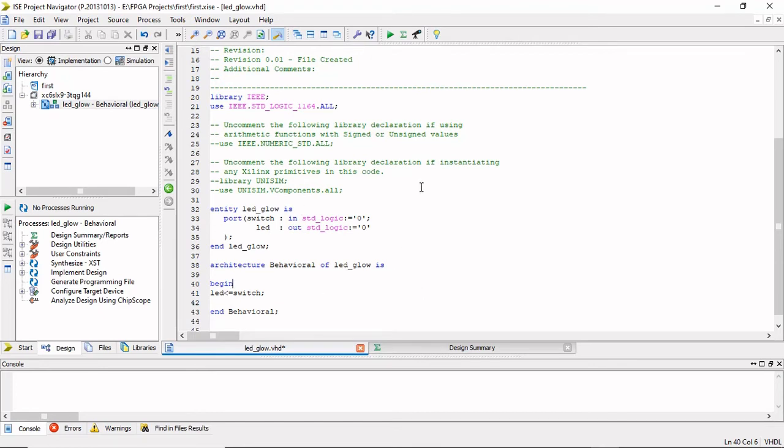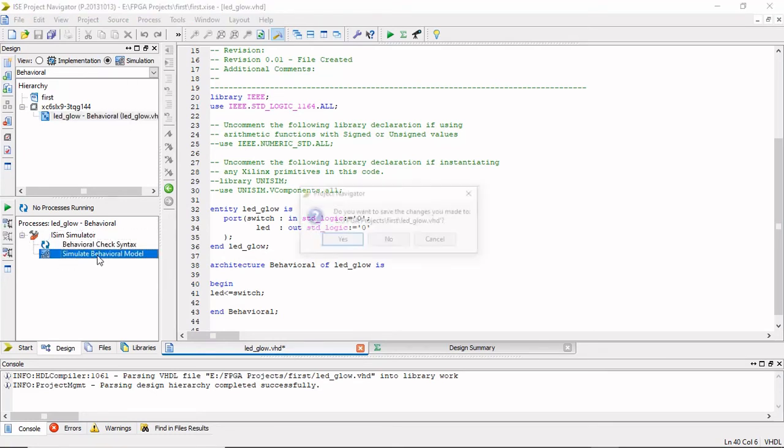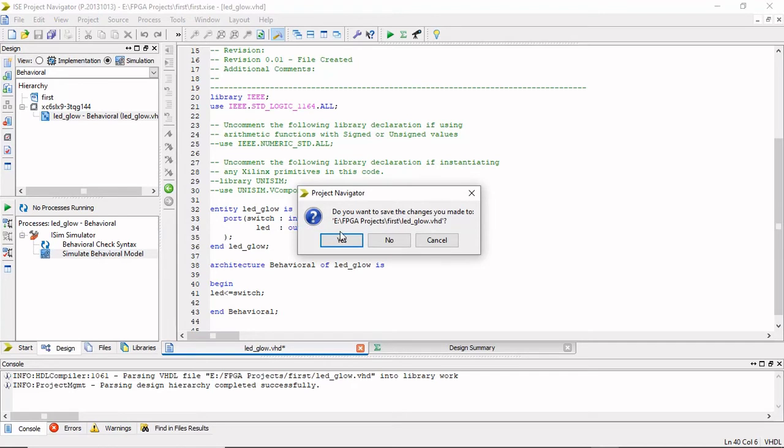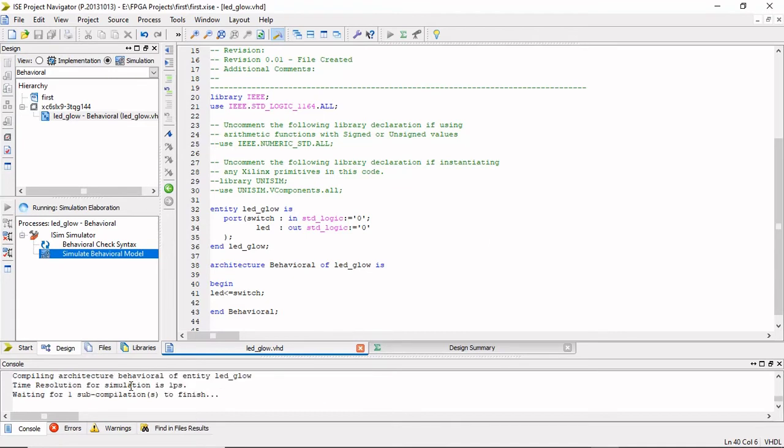The next thing is you can see the output of this program either by simulation or by implementing. Implementing means I'm going to program the FPGA. Here, let's do simulation so that we can be aware of it. Go to simulation, select this one, go here, ISim, simulate behavior. In order to do that, we have to save changes, yes. Now it's going to run and check for some errors. If there are any errors, it will show, otherwise it won't, and we will have a window for simulation.